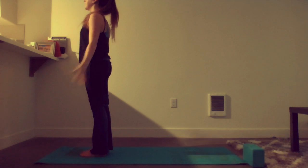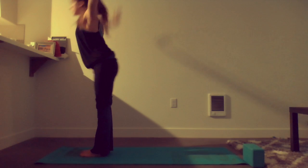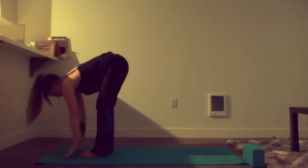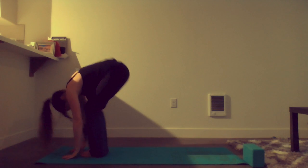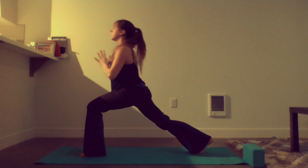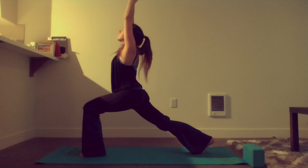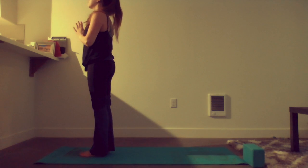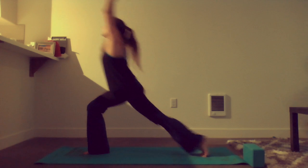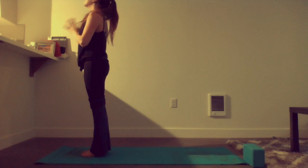Doing this motion again, this variation of sun salutation, reaching high, exhaling to fold. Inhale, rise halfway, exhale, folding over those legs. Inhale, pressing to stand, reaching tall, and stepping back with that right leg, hands reach towards the sky, coming forward, hands at heart center,